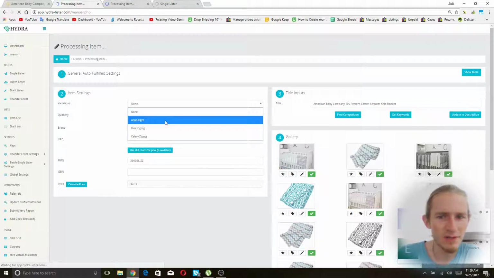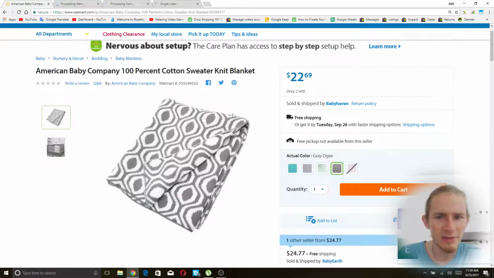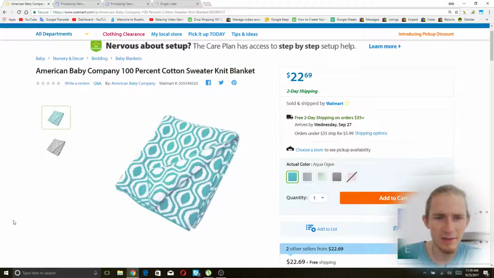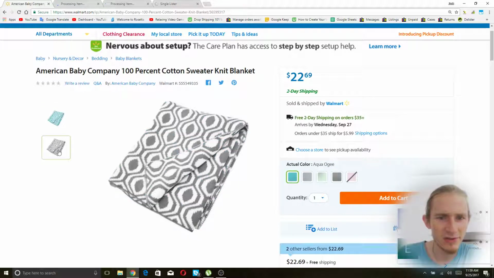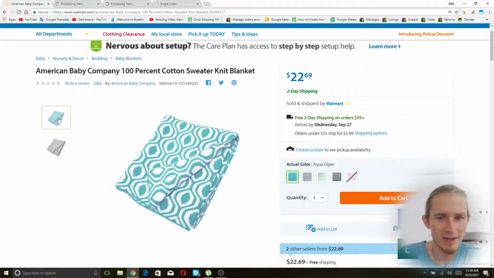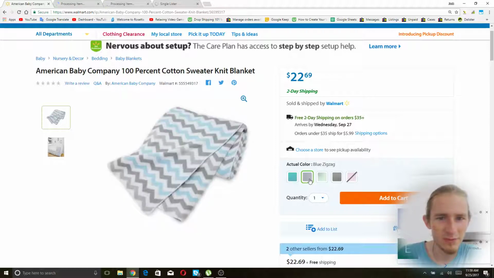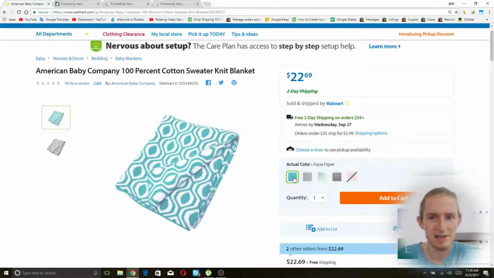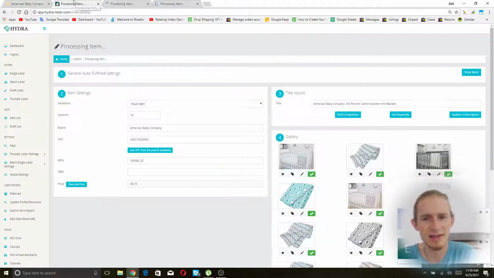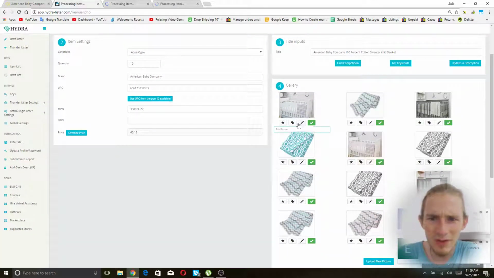The first one is going to be the Aqua Ogi one. So I need to look here and see what that color is. I'm assuming it's this one right here because that's more of an aqua. And then this one is the gray one, blue zigzag, and celery zigzag. So we have 2 zigzag kinds and then, alright. So we need to eliminate